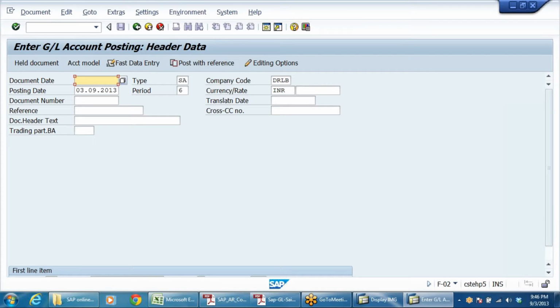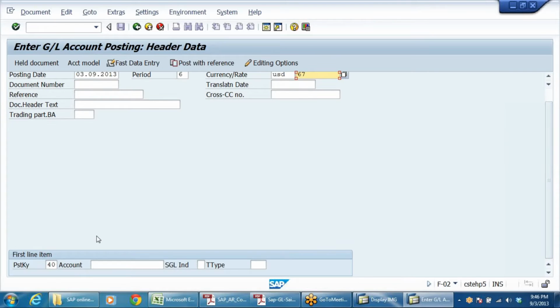And one more entry I'm posting now. I'm going to post again USD. But here I'm telling the system, right, my finance department told me, today we have purchased dollar at the rate of 67 rupees. So that's why now my table rate is showing 66. Now I want to take 67. I can take 67. Whatever rate you take here will override the table rate. In the table I have given 66, but system will caution us.